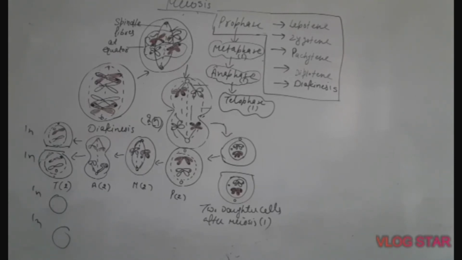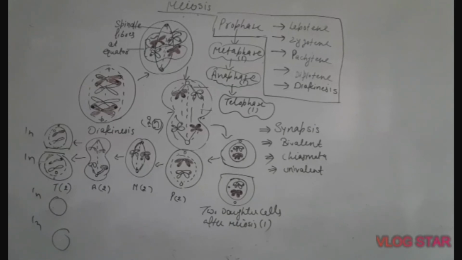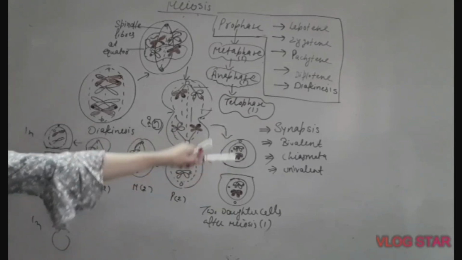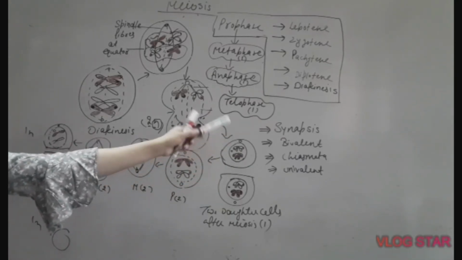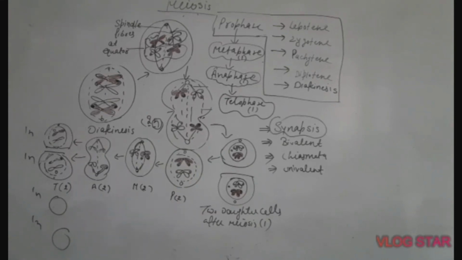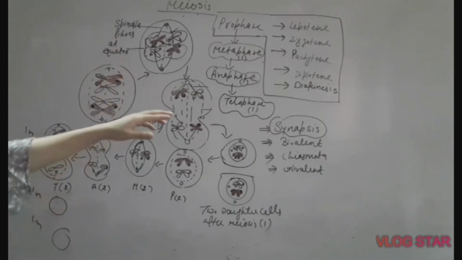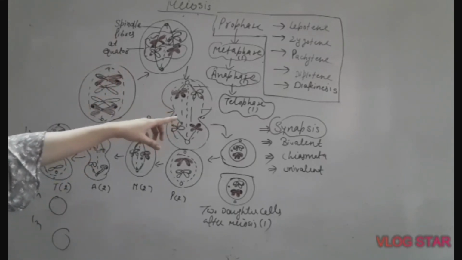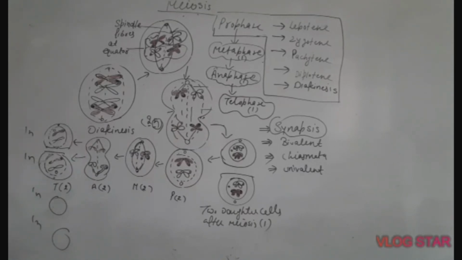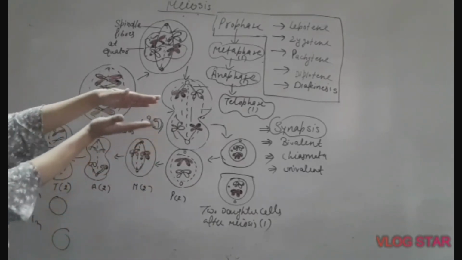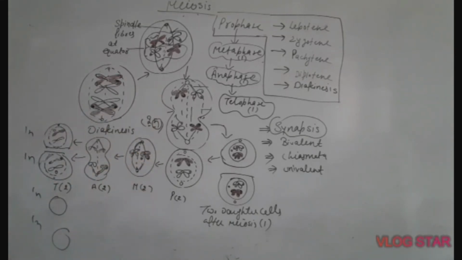Now I would like to revisit and redefine some of the important terms which we have studied throughout this concept. Let us study some of these terms which I have drawn on that side. I explained these terms earlier also, however, I would like to define them again. Let us study synapsis. What is synapsis? The first stage of prophase, the first change which we observed in meiosis 1, was synapsis. When homologous chromosomes arrange themselves parallel to each other, one chromosome pair, another chromosome pair, like this pairing of chromosomes.